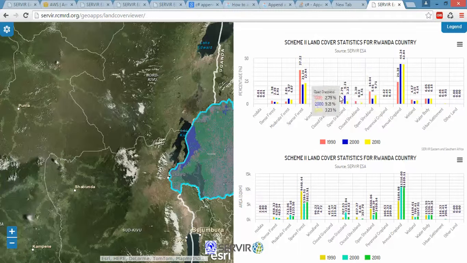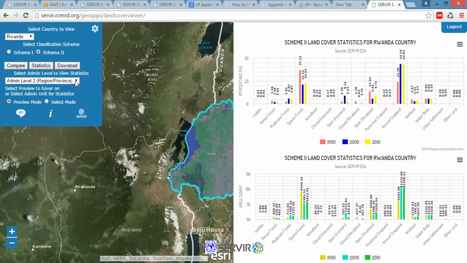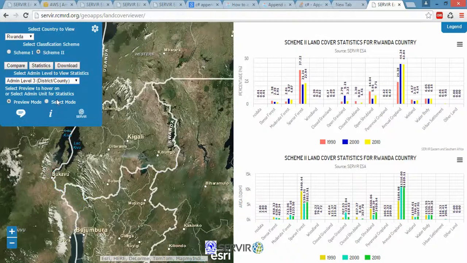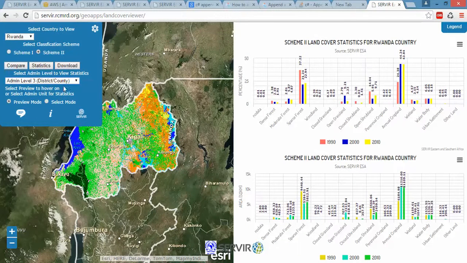Here, if we look at urban settlement, it has been increasing, though it is too small when you compare it relatively to the other classes. We can switch to, let's say, district. In Rwanda it is called districts, but in another country they'll be called maybe counties, for the case of Kenya or any other country. So this tool was purely JavaScript, and